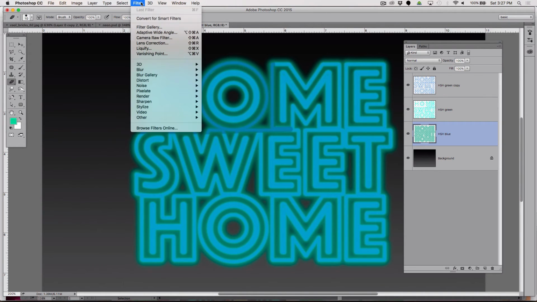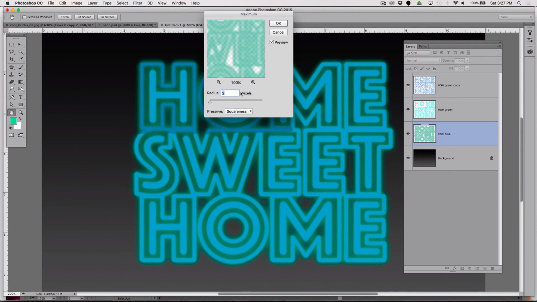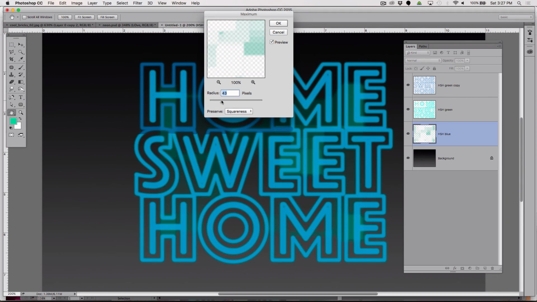And lastly, there's a filter called Other, Maximize and Minimize. These filters will contract or expand the pixels. They seem like the names are reversed. I'm actually going to choose Maximize, and Maximize makes less. Look how cool this is. I really hope you're seeing this. Okay, so it's actually squishing or